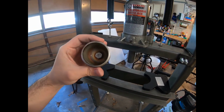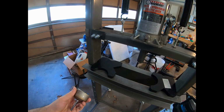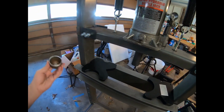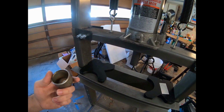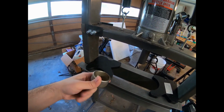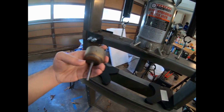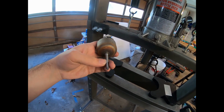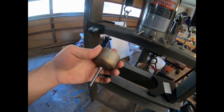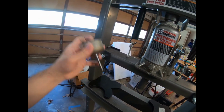This is just, I don't remember, I think this is a stainless steel butt weld cap. Pipe welders use it basically for closing off gas pipes, I suppose. But I drilled a hole dead center and took another 3/8 bolt and basically whittled down the end to the size I needed to press out what I think is the one I use for barrel pins,